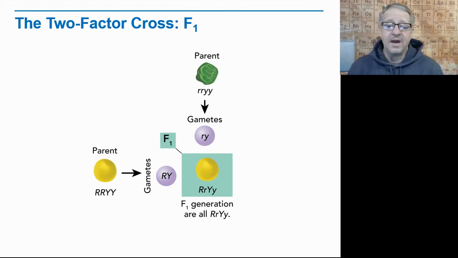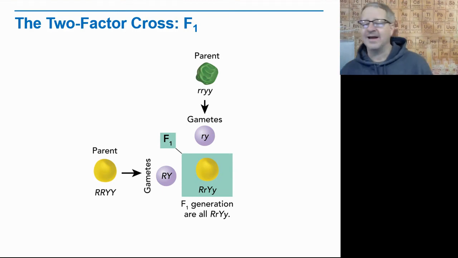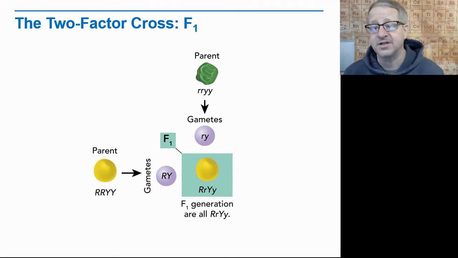So what we know is that round is dominant over a wrinkled shape, and that yellow is actually dominant over green. We've been kind of looking at green as the dominant, but it's actually yellow that's dominant over green. So how is the genotype of the offspring different from that of the homozygous parent? So we see we have a parent up here that has